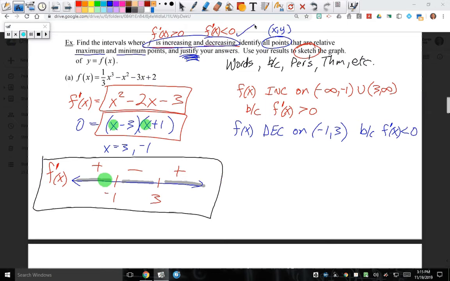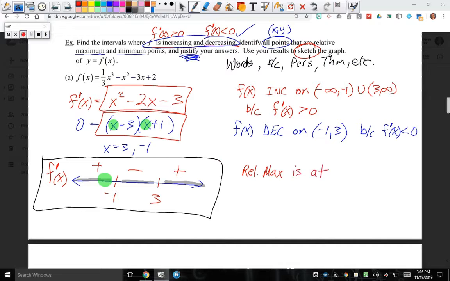Relative max and mins. How do I start that part off? You have to take the derivative. So we've already taken the derivative. We've already found the critical points. We've already signed and tested all of them. Here we go. The relative, leave a space, the relative max is at,